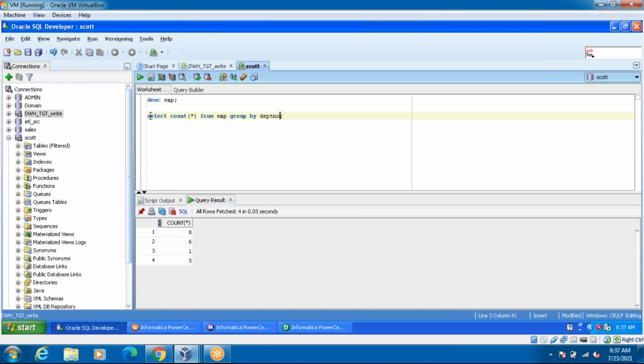What do you have to do? Like this query, I got the 4. So like that you have to implement the logics.